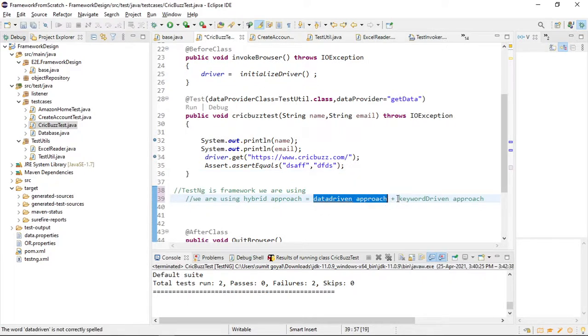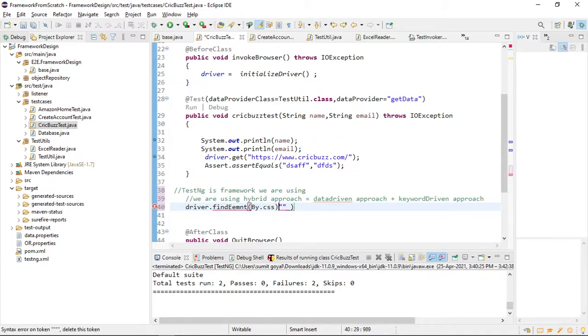So how we can achieve this approach? So now what I can do, suppose I need to perform one click operation. So how you define the click operation? Driver dot find element by dot CSS or XPath. You can define any other XPath, and after that you have to say dot click. So instead of writing the same lengthy line again and again, what I have done,